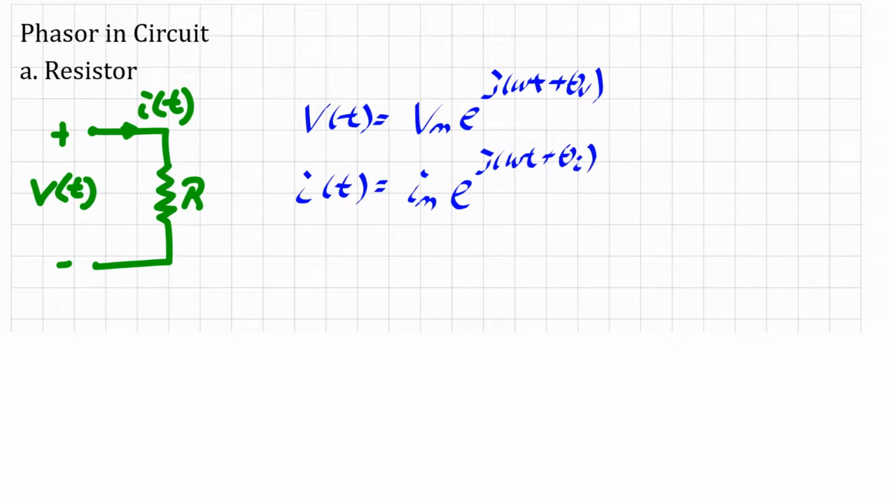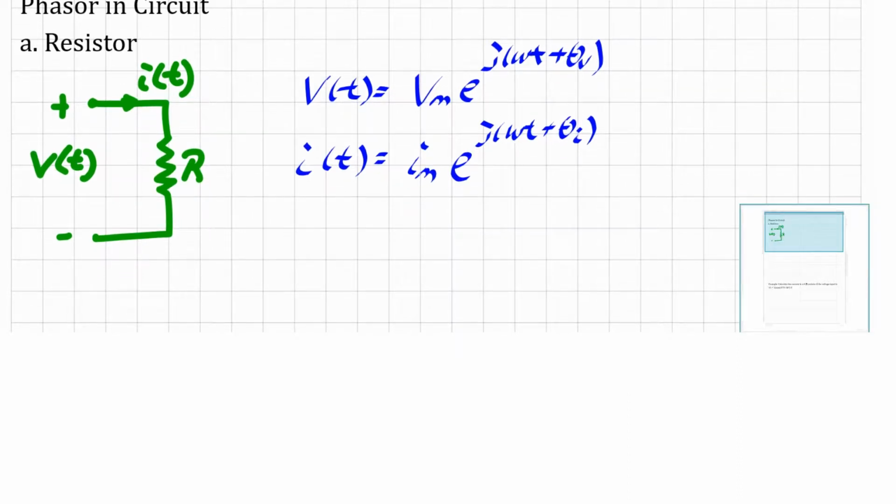We want to figure that out. By knowing how much voltage is applied to the resistor, and wanting to know what current it is,